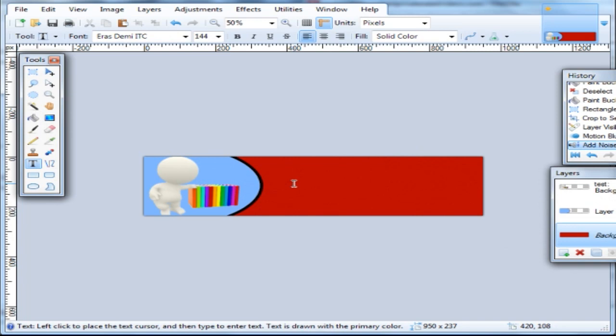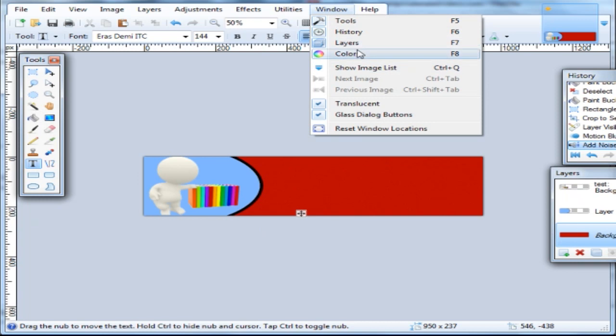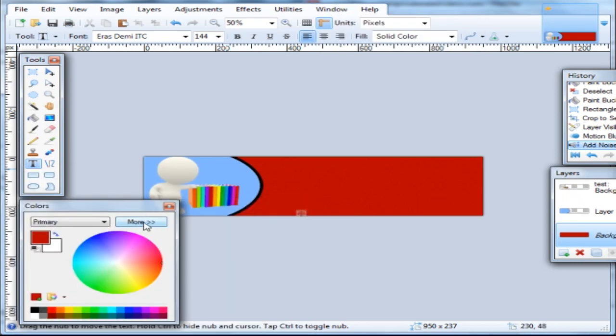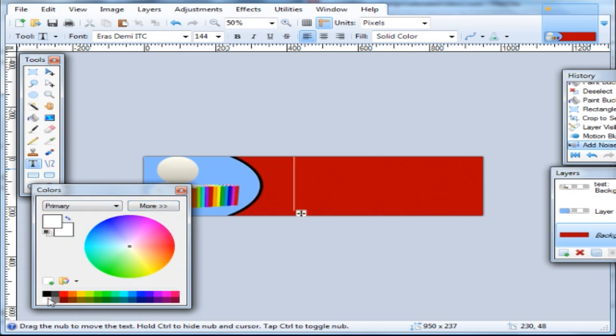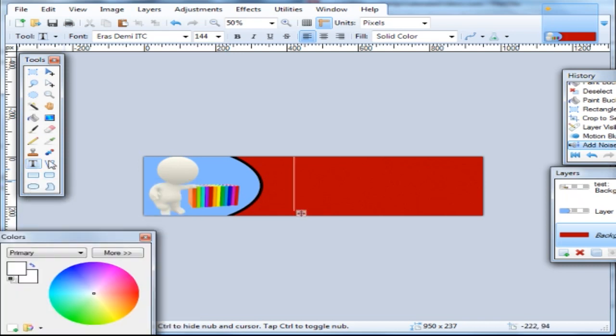Let's say that I'm selling books. Let's see here. And since I'm on a red background, and so I've used something, removed backgrounds, we're using layers, we created shapes. Now we're going to add text. So I don't have my color wheel, so I'm going to go to Window and click on Colors so I can see my color wheel. Click on Less and make sure that I choose white, because use that,